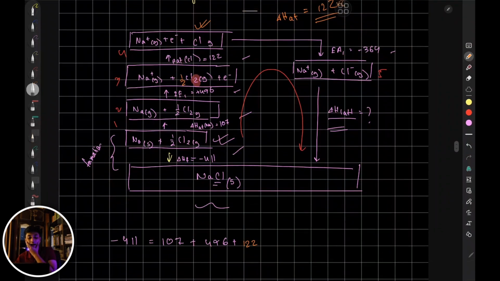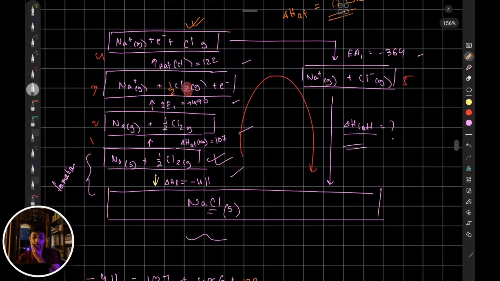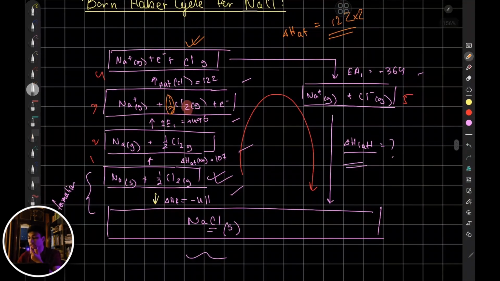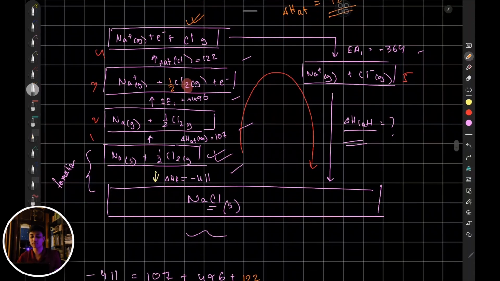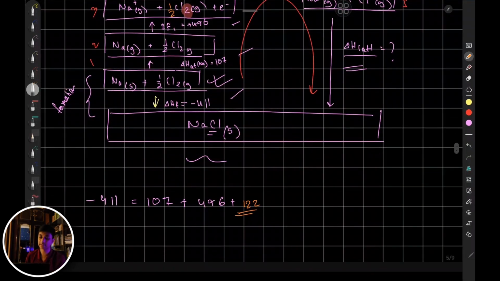Okay, I've talked about the half in front of chlorine gas because a lot of people make this mistake of multiplying half with enthalpy change of atomization, but you don't do that. What you do is take the entire value of enthalpy change of atomization. Another thing,